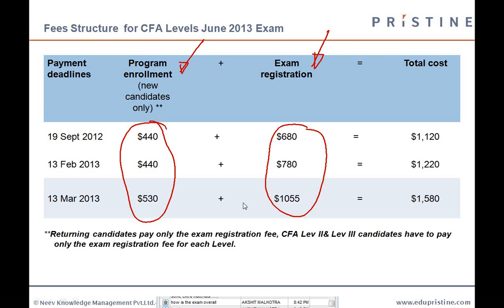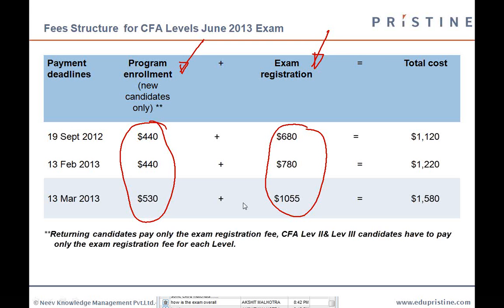I also do a lot of recruitment for my own organization, and the general consensus in the financial industry is that CFA level 1 is more a foundation course. The whole idea of CFA level 1 is to establish that you know something about finance. Primarily it's meant for people who come from a non-financial background, to get some idea about finance and be on the same level as others. Level 2 and level 3 is where the meat of the whole CFA study is. So for you to realistically get some mileage out of CFA, I would say you need to wait at least for level 2. That is where your job prospects really brighten up.